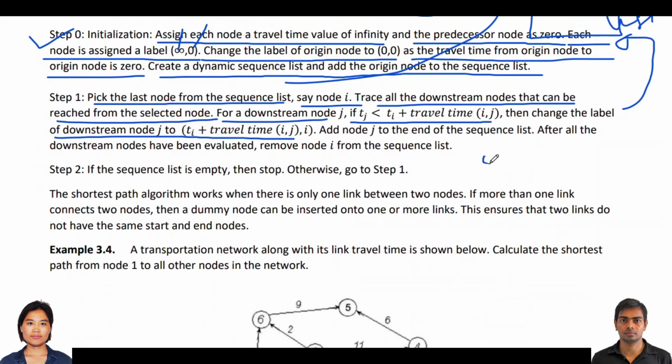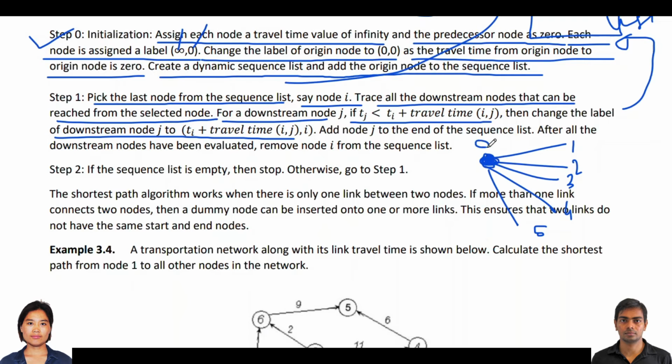So let's say this is the node we are looking at, and it can reach 5 different other nodes. So this is node number 1, 2, 3, 4, 5, and this is the shortest travel time for this node,